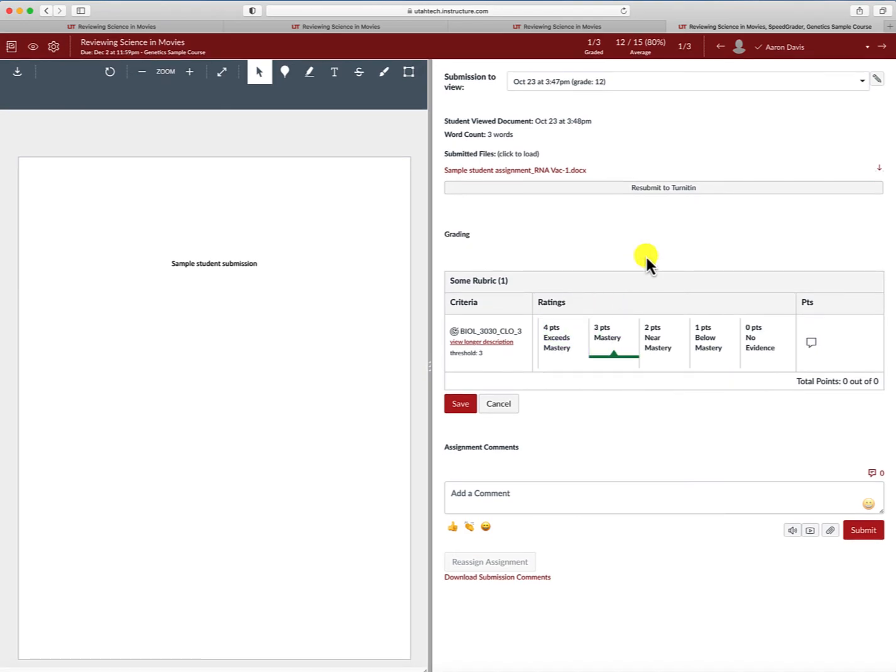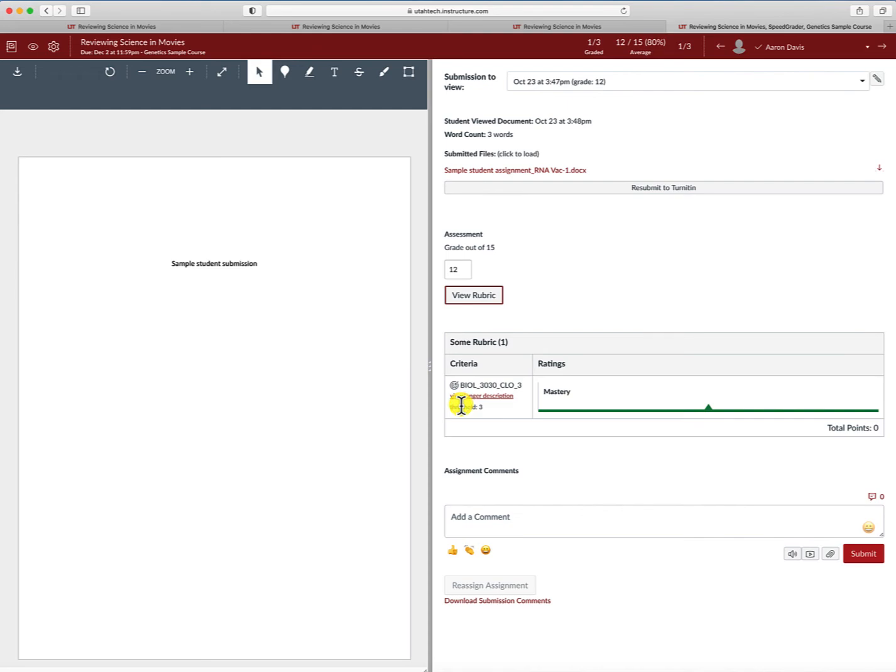After assigning that, so I assign a grade, I'm going to click on Save. So when I save it, I've now saved that rubric, and I've given them a score of 3 in my assessment data, but you can see that the original score I gave them of 12, that still applies to their grade. So when you go to the grade book,